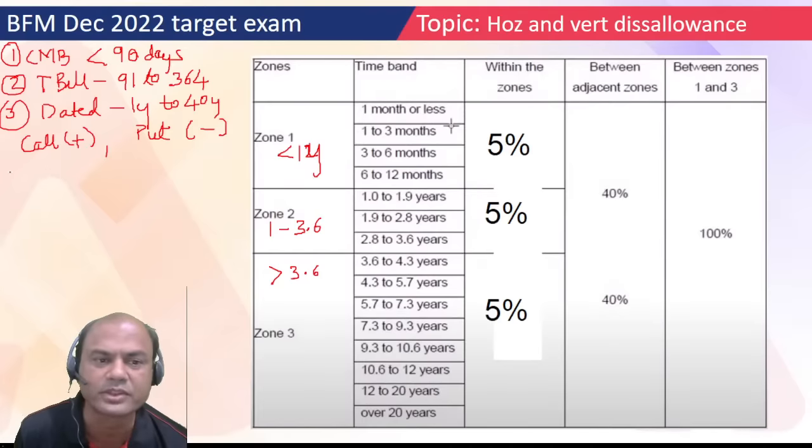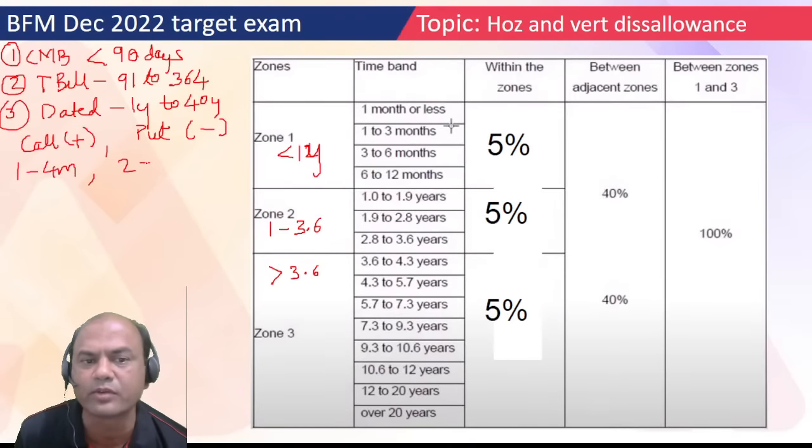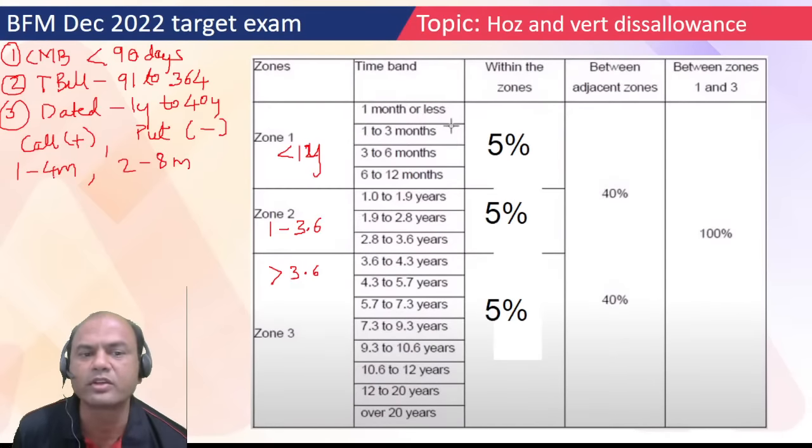It means that suppose I am having one bond of, let's say, 4 months, bond number 1, 4 months, okay? And the second bond I am having, let's say within 12 months only we'll take it, so let's say 8 months, okay? So one bond is of 4 months, second bond is of 8 months. So if I have to adjust these two bonds here, what is the important criteria of adjustment?